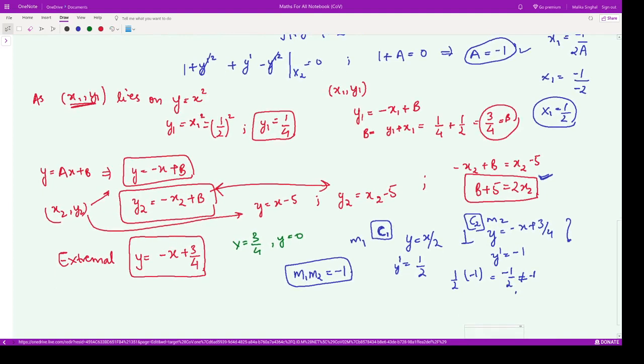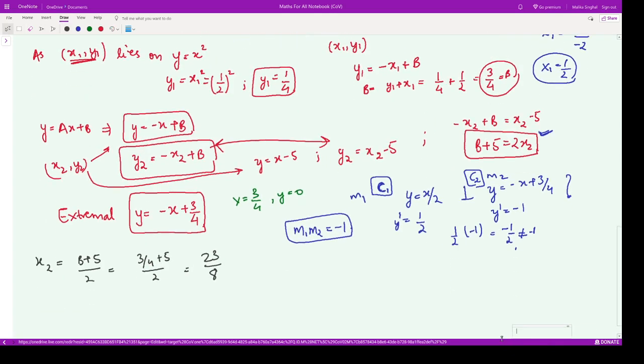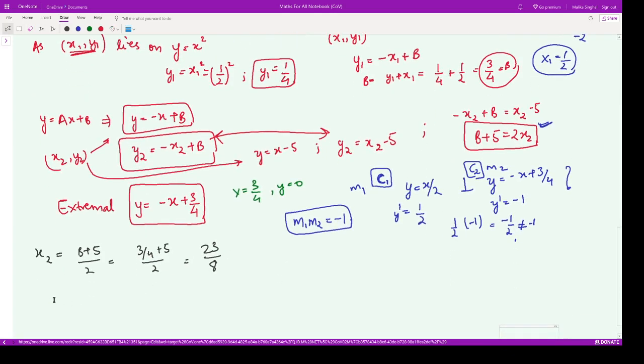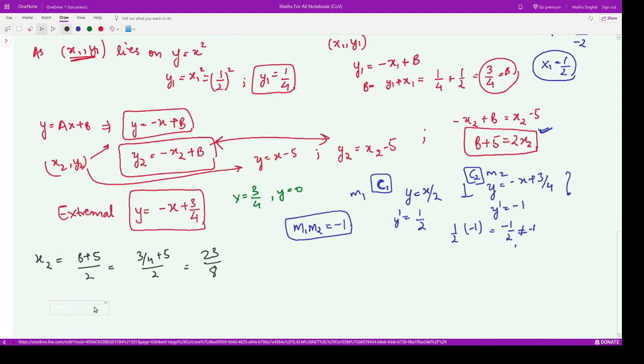So what is x2? x2 would be b plus 5 divided by 2. What is b? 3 by 4 plus 5 divided by 2. That would be 23 by 8. So let us find out the shortest distance. The shortest distance would be the